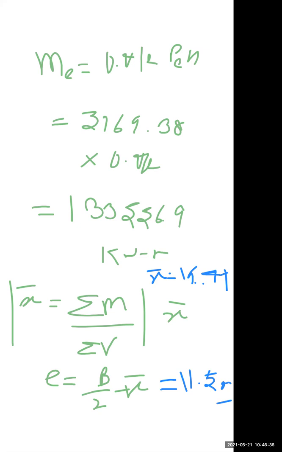So we have to check for safety. What do we have to check? Forces at toe, meaning direct stress at toe and direct stress at heel. So compressive stress at toe should be less than 3000. If compressive stress at toe is less than 3000 kilonewton per meter square, then our dam is safe in compression failure.